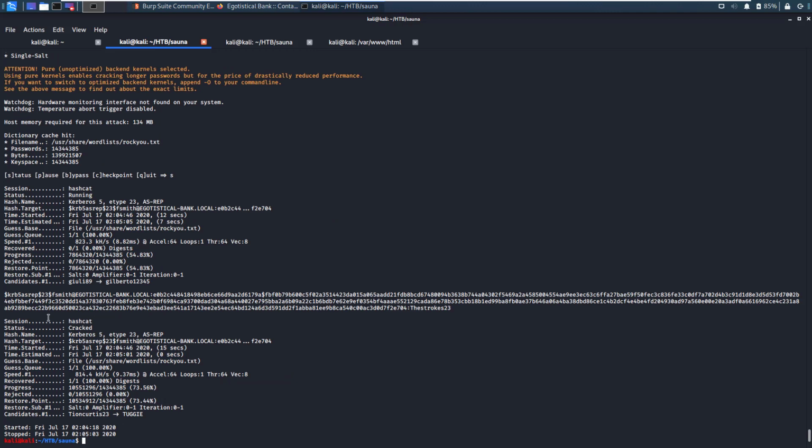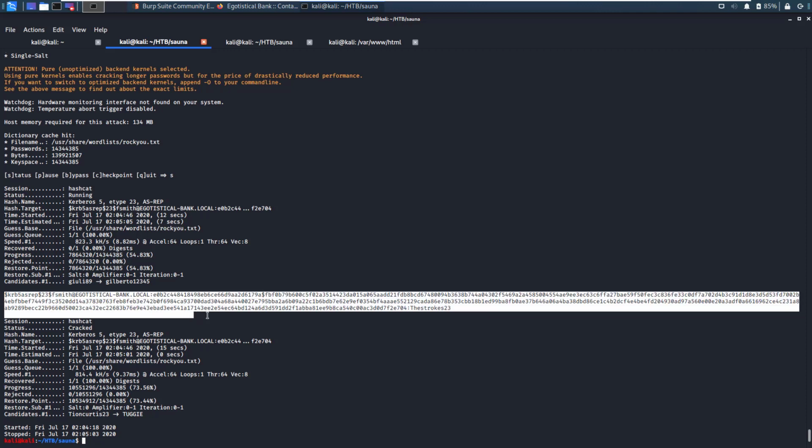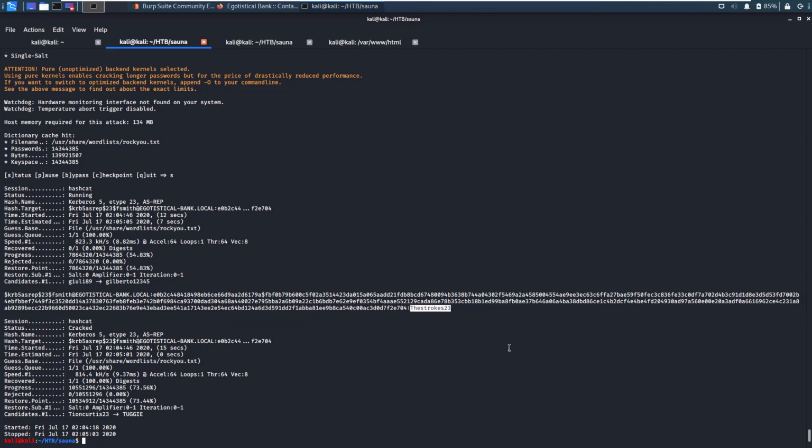Oh, and there it comes back. So if you look at the way that they issue these in Hashcat, here's everything that we put into it ahead of time. And then right there is where it breaks and it goes into the password. So the password for this one is capital T for the strokes 23. So now we've got a password, we've got a username, F Smith. So let's go ahead and see if we can get in